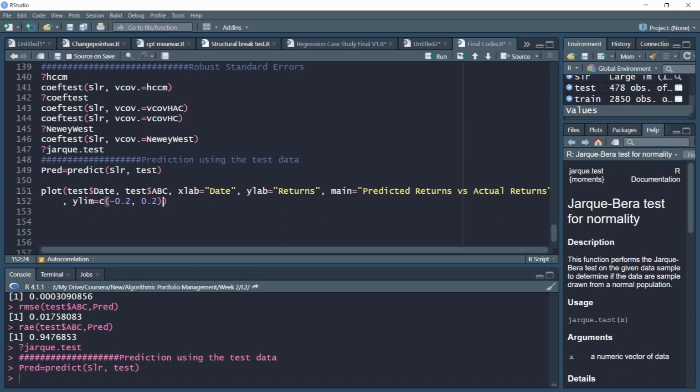Then PCH 20 will ensure that our objects are plotted as solid dots. We want them to plot in red colors. Also, let us specify the type as line, type L. So there will be a solid line, in fact.